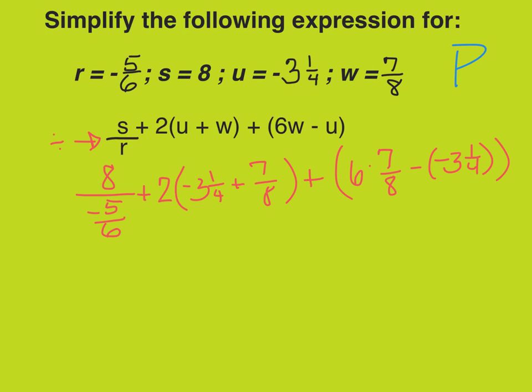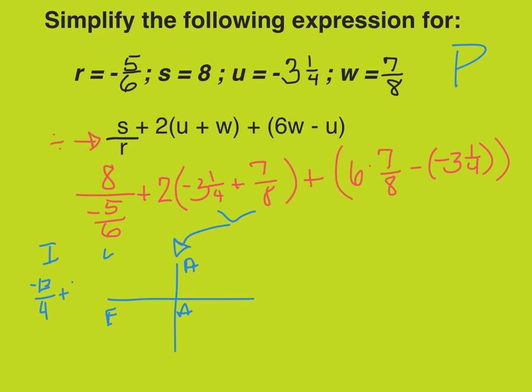So, as always, we start with parentheses. And the first parentheses we get to is right here. So that means we're going to have to be using our acronym and setting up our little chart here. I'm going to do that off to the side. I love eating apples and avocados. So I is my improper fraction. So that means I need to change negative 3 1/4. 3 times 4 is 12, plus 1 more is 13, so that's negative